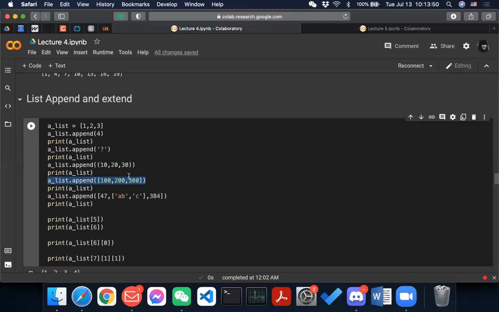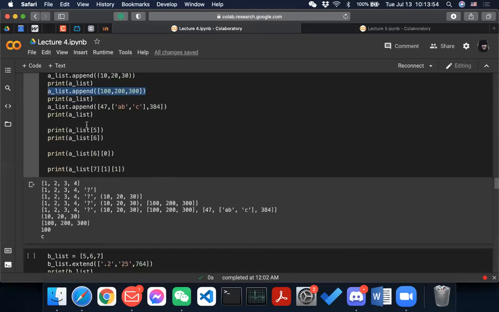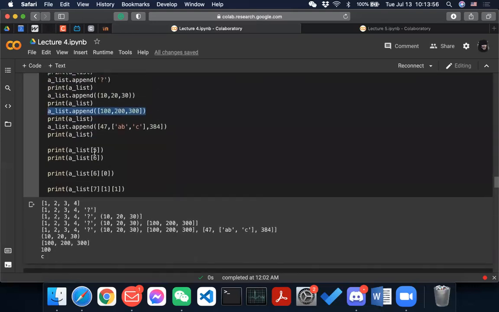So for example, if you append it there, then the list element at index 5 is just a tuple, right? You might not know what is in the tuple, or you might know, but it is treated as a whole, right?